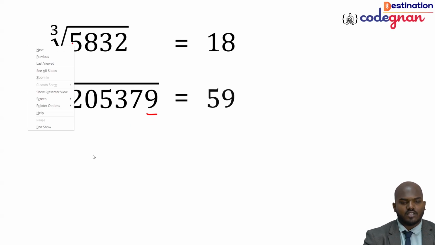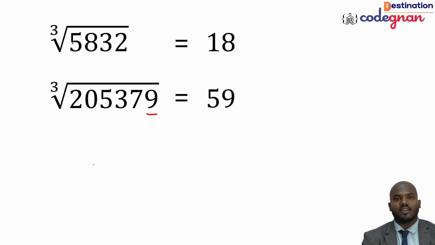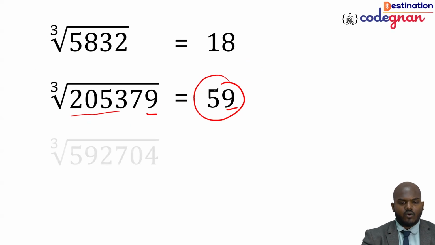So the 9 cube value is equal to what? That is 729 we can call it. So the last digit is ending with 9. The remaining digits, that is 2053, you can take down. If you take this down, guys, it will give you the value 59 cube, which is the correct answer here. And going to the next one,